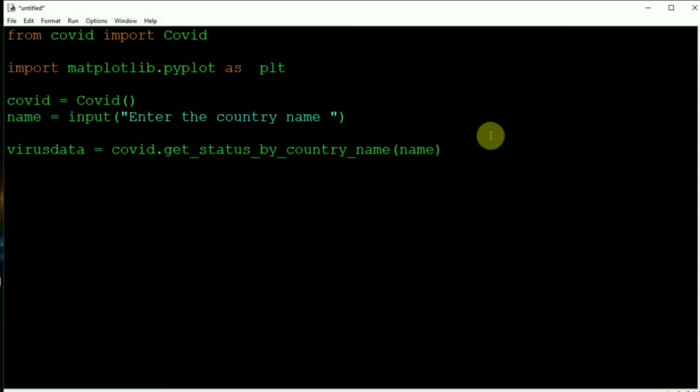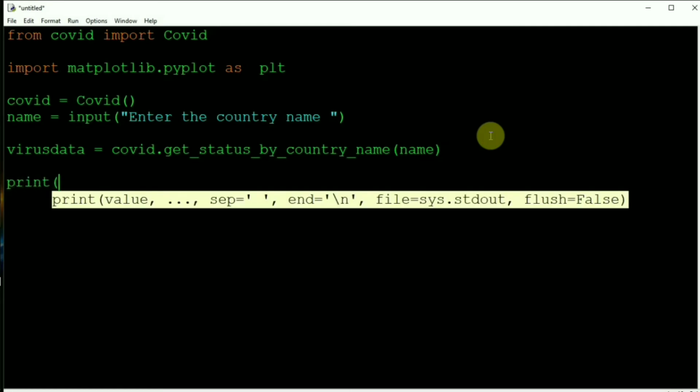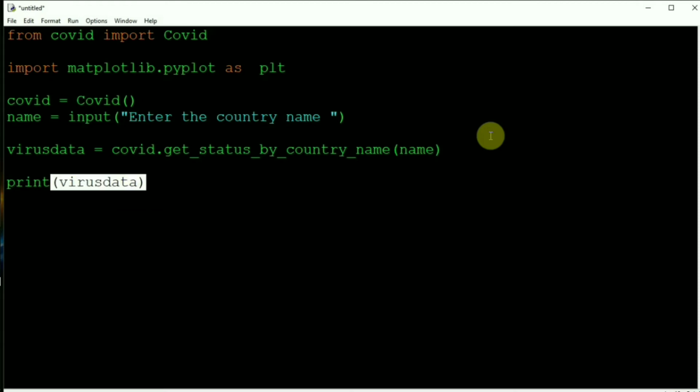Okay, so this will give you the data. Let's just check and print it. So print virus data. Okay, so let's just run the program.